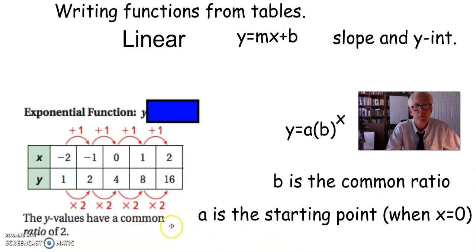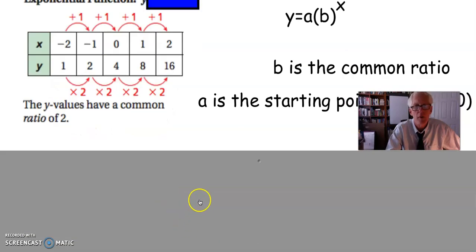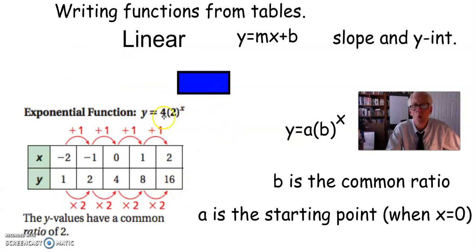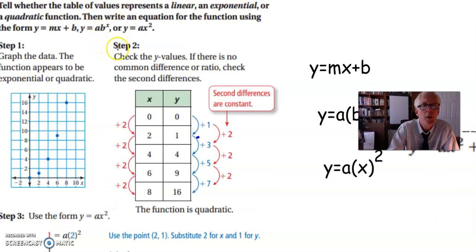So for this function, I thought I had the... oh, there it is. For this function, y equals 4, the starting point, times 2 raised to the x power. So that's how you write the function for an exponential. We've done that before. Find the ratio, find the starting point. But now comes the new one, and that is, how do you find the ratio of a